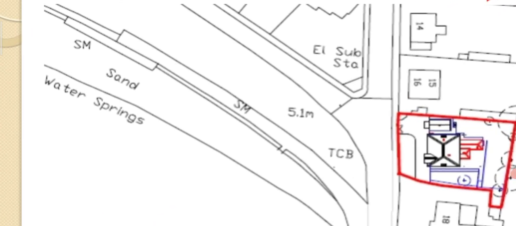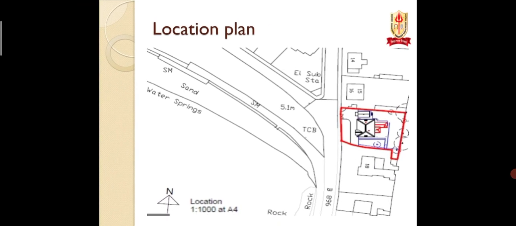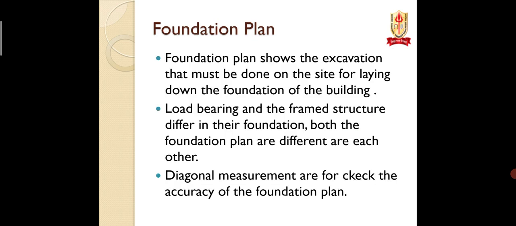In respect to your plot, you can see there are many structures around it. Even the roads have been shown. If you open Google Maps where you stay and zoom out, you will get the location plan. Whatever you see after zooming is known as a location plan. You are seeing your location with respect to some permanent structures near you, so that you can easily identify your land or your plot. So this is the location plan. The location plan can be drawn to a scale of 1:1000.